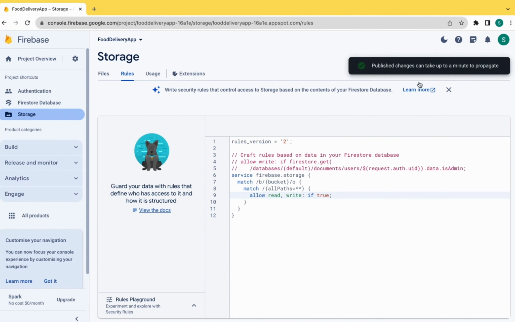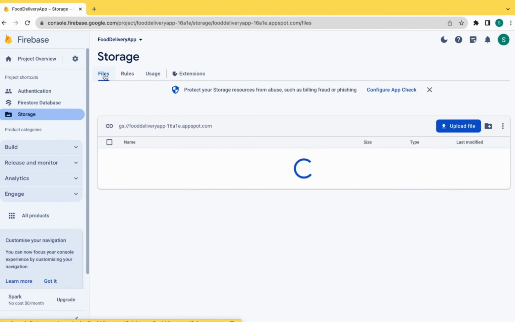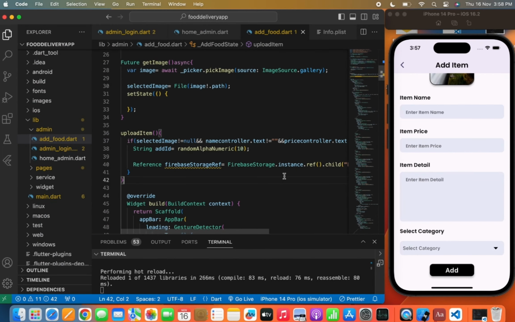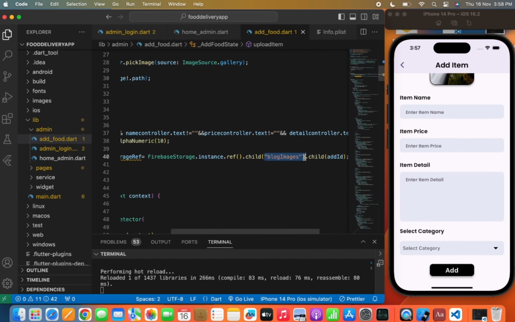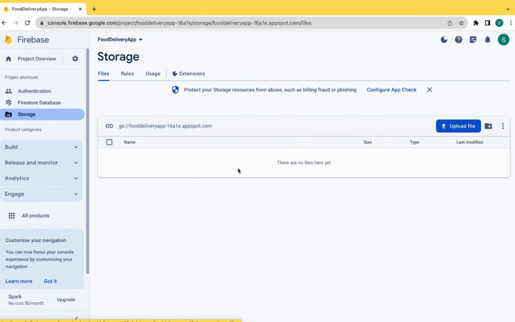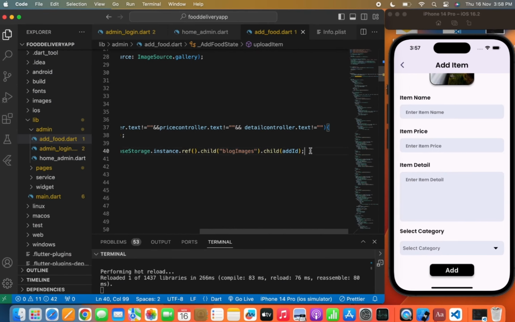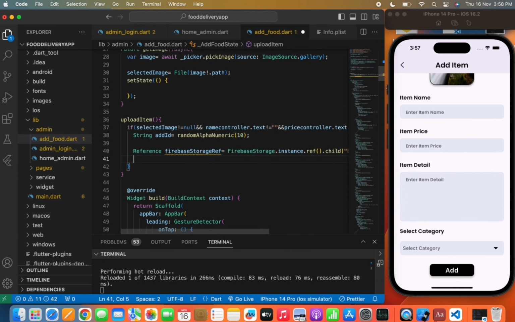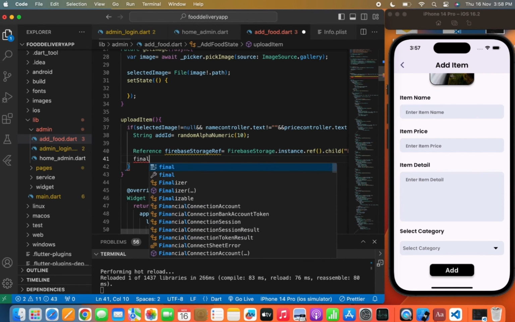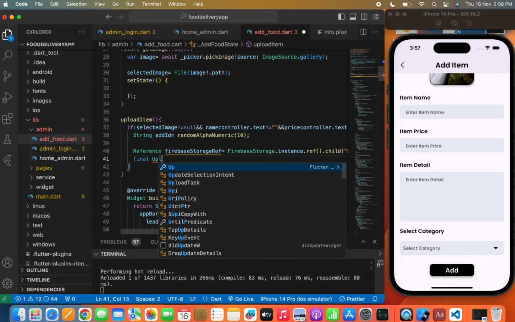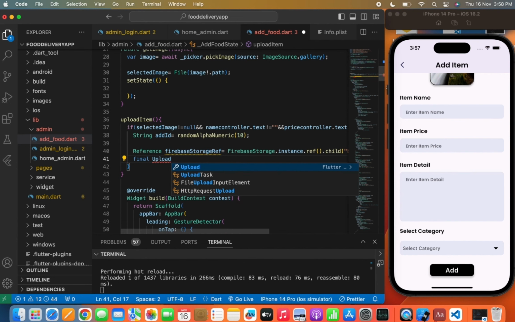So it is done. Now the blogImages which I wrote in the child, it will create a folder here, and inside the blogImages folder it will store all the images with a unique random id which we have stored in the addId string. Now we'll write final uploadTask